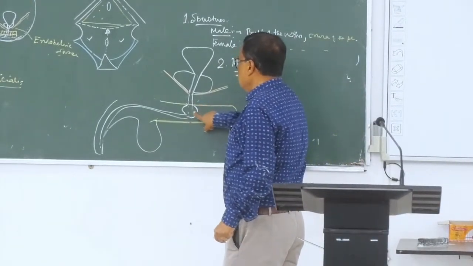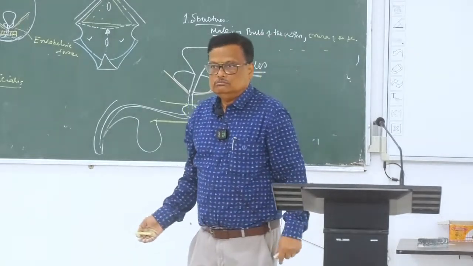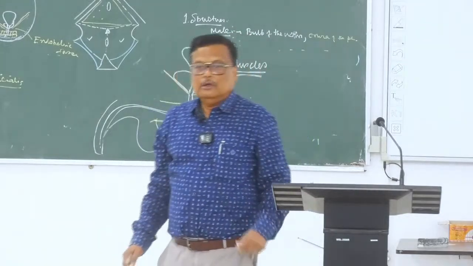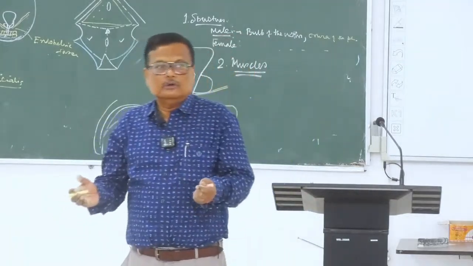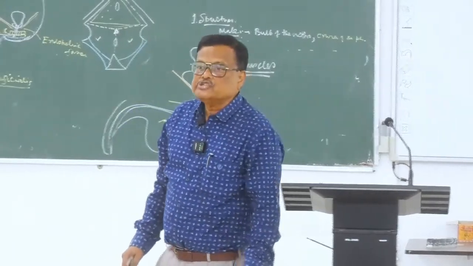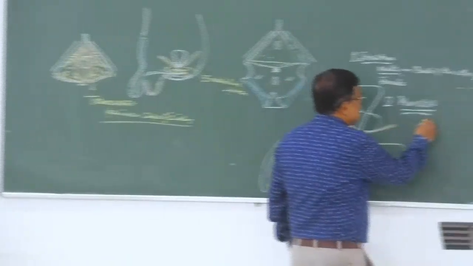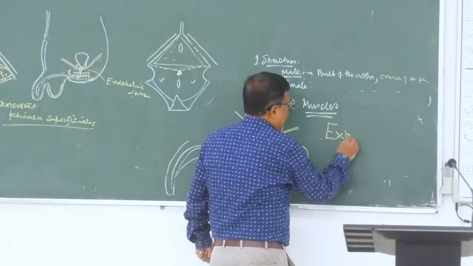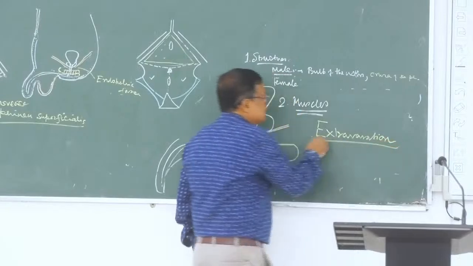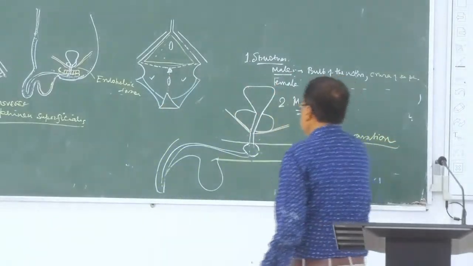fracture, there is a tear of this urethra and urine comes out, and we call it extravasation of urine. When urine comes out from the urethra, we call it extravasation of urine. This medical term, খেয়াল রাখবে, extravasation of urine. Urine,